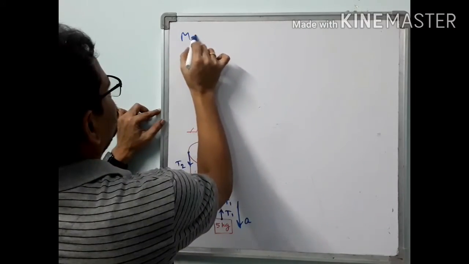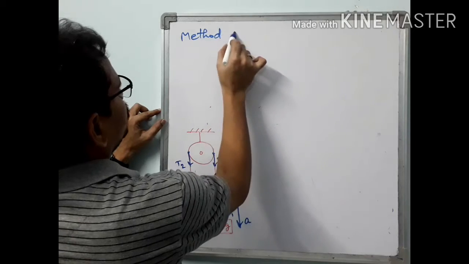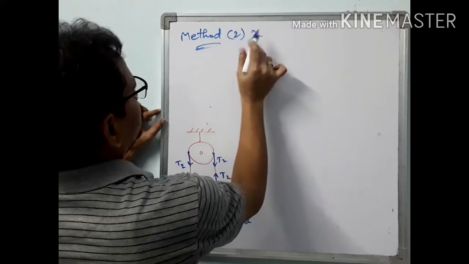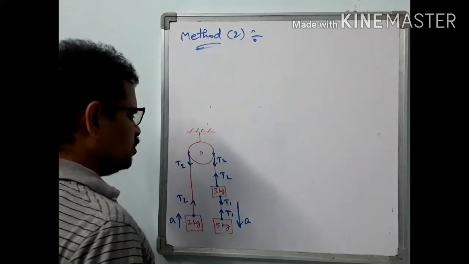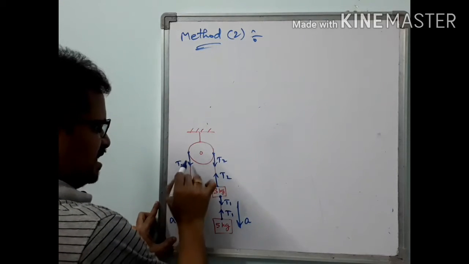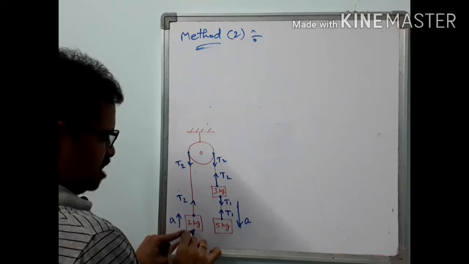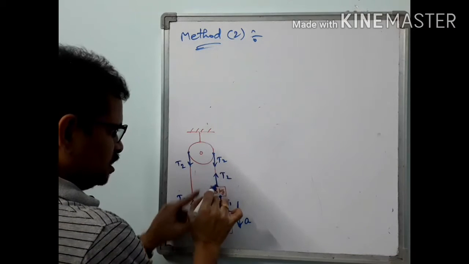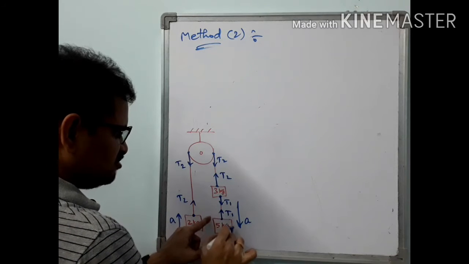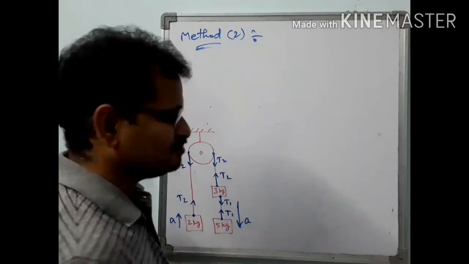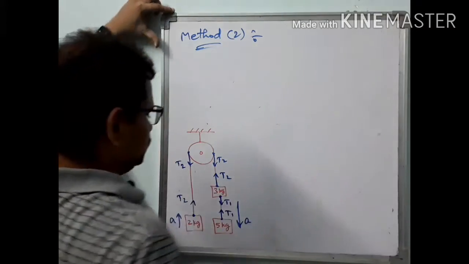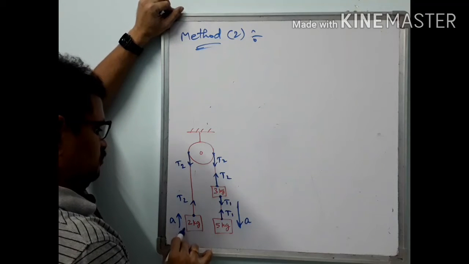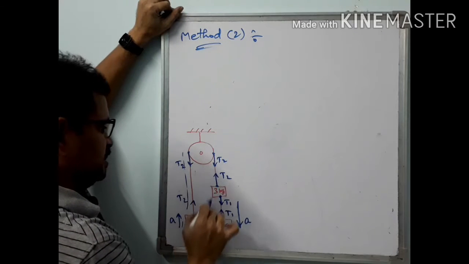Method 2. In method 2, what I am doing is I am taking this entire rope, this 2 kg block, this rope, this 3 kg block, this rope, this 5 kg block as a single system. So when I take this as a single system,